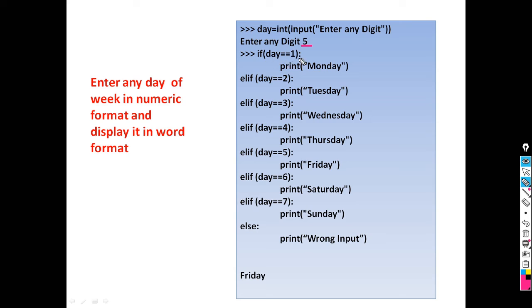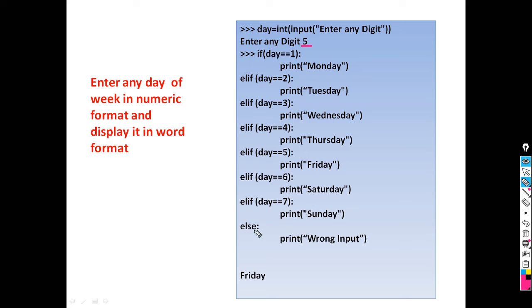It will check for 1 and skip Monday, check for 2 and skip Tuesday, then 3, 4 and 5. When it comes to 5, it will print Friday. So our answer is Friday and it will skip all the remaining statements.